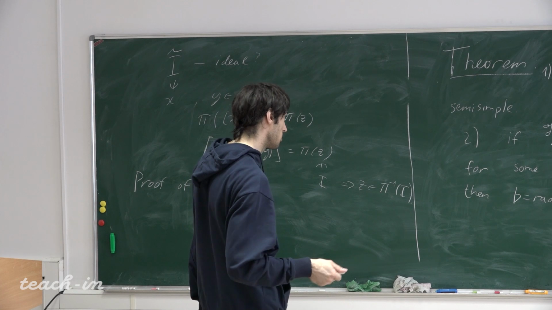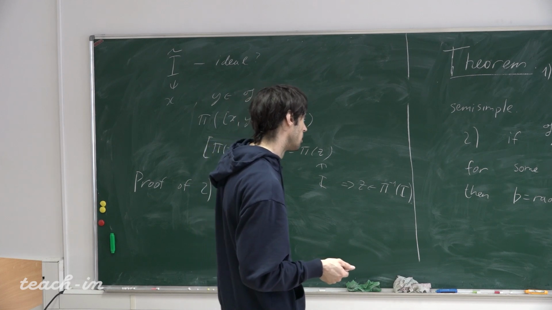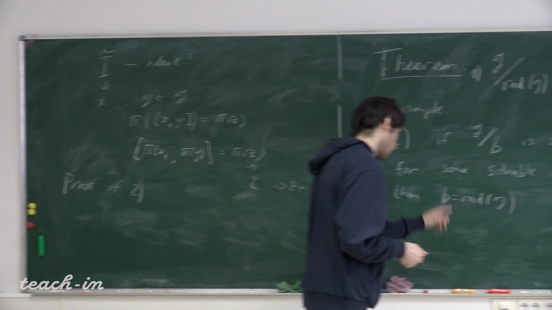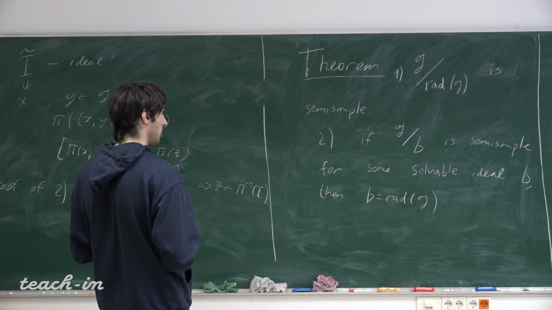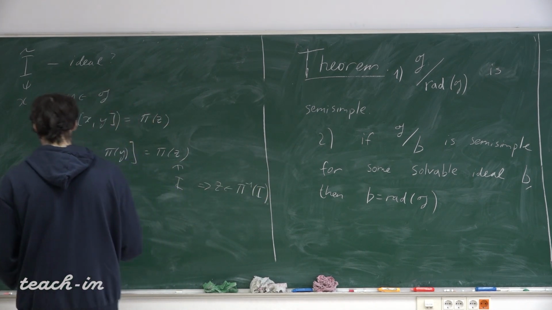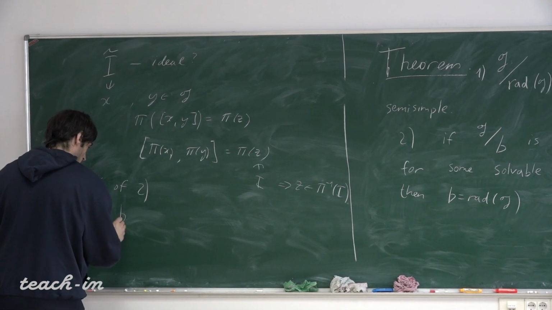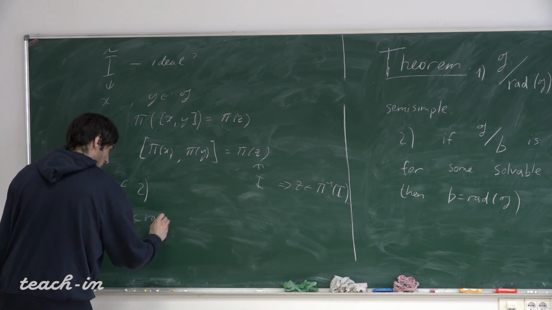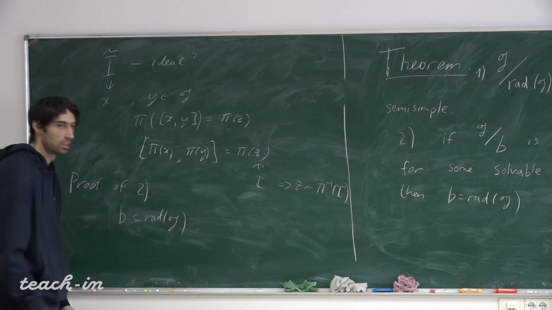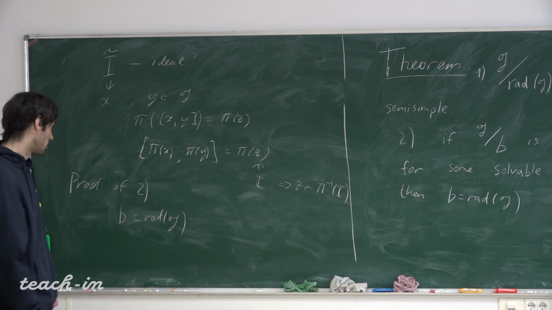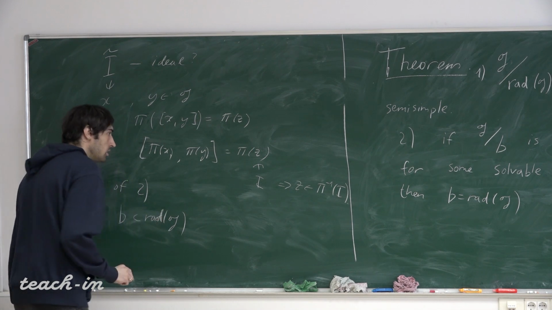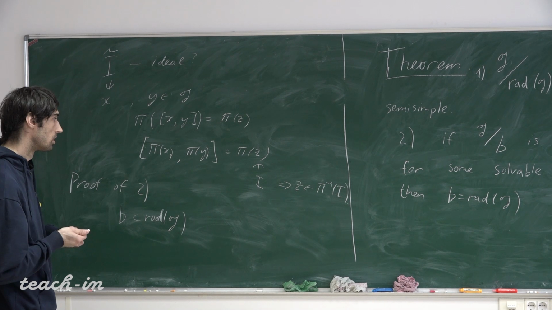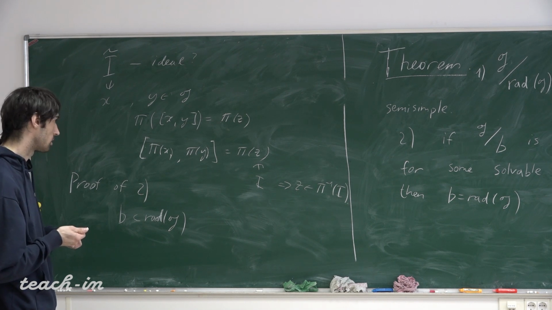So G quotient by B is semisimple for some solvable ideal B. So B is solvable, therefore it is inside the radical of G. On the other hand,